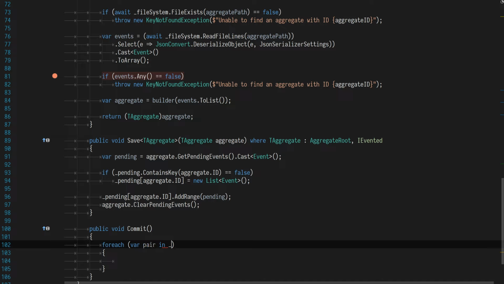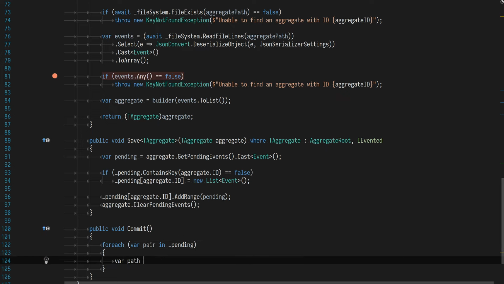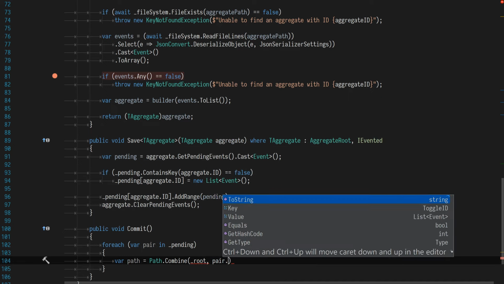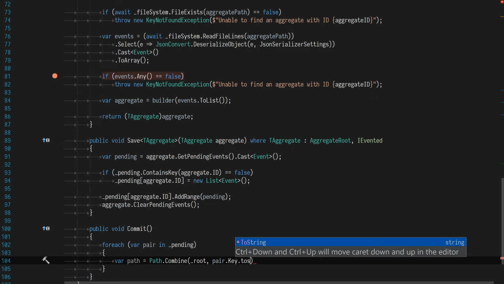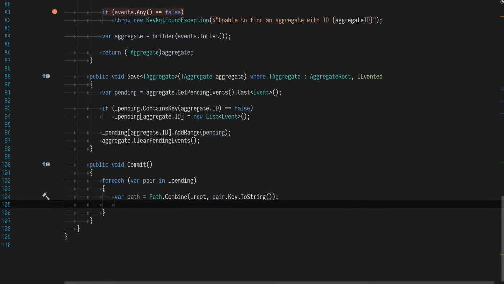In pending, var path equals path combine pair, root dot key toString. So now we have the file we're going to write to,